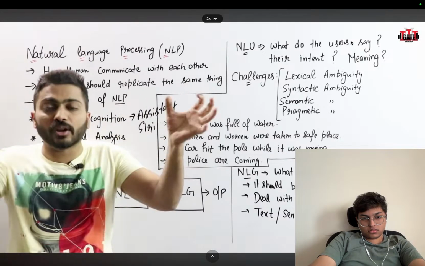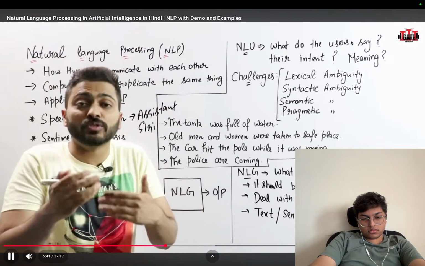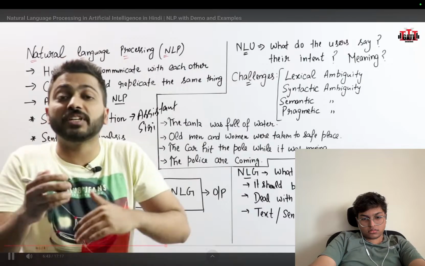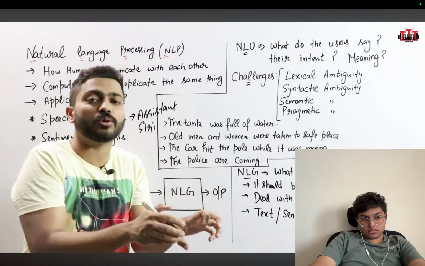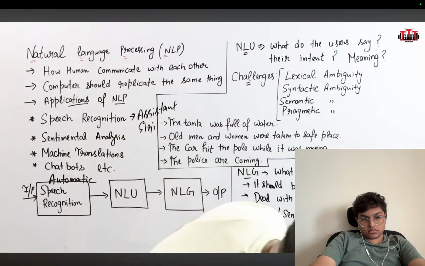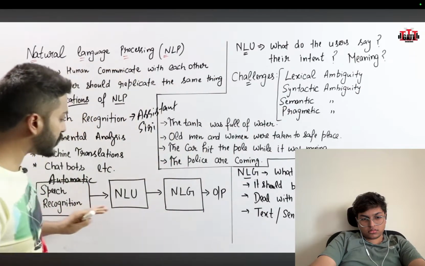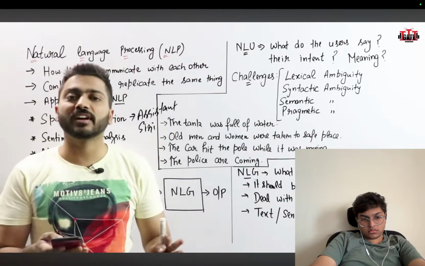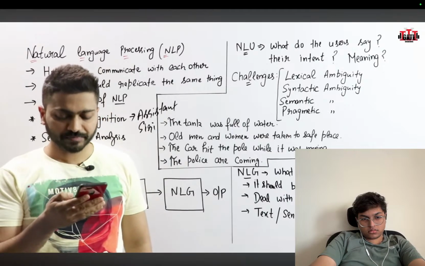मतलब आप सारे वर्ड्स को कलेक्ट कर रहे हो, उसको अंडरस्टैंड करने की कोशिश कर रहे हो, फिर आप क्या करते हो, नेचुरल लैंग्वेज जनरेशन, फिर आप उसके बेसिस पे डिसीजन लेते हो कि क्या रिप्लाई करना है। तो मतलब रिप्लाई भी आपका वैलिड होना चाहिए। एनएलयू और एनएलजी में क्या होता है, इसको मैं पूरी डिटेल में समझाऊंगा। एक सिंपल से डेमो के साथ मैं आपको समझाना चाहता हूं कि ये एक्चुअल में काम कैसे करता है। मैं यहां पे गूगल असिस्टेंट का यूज कर रहा हूं। हे गूगल,